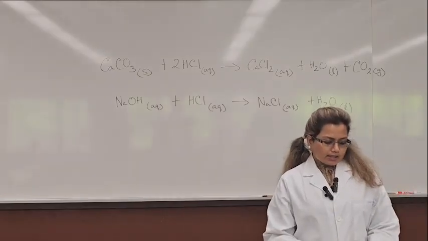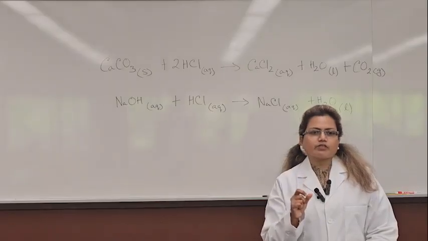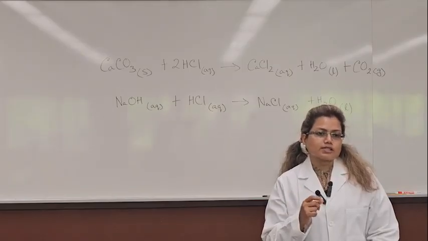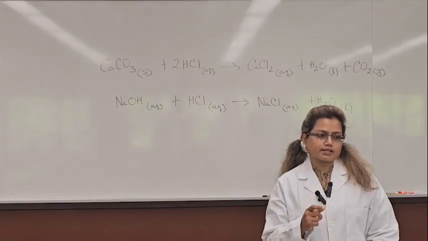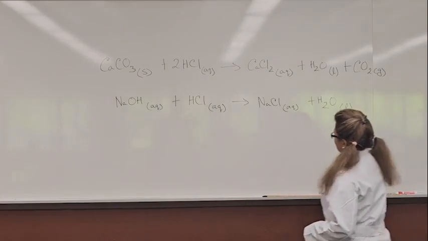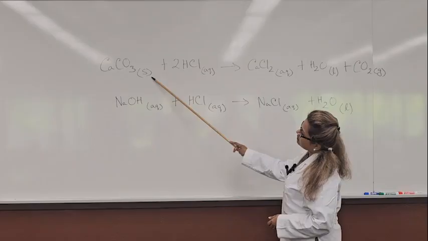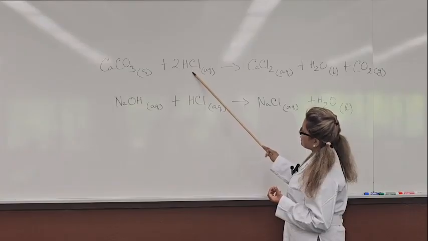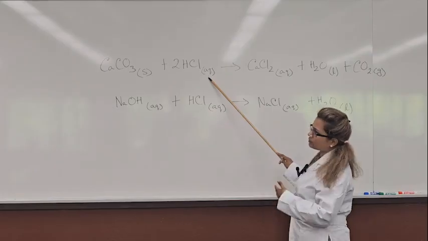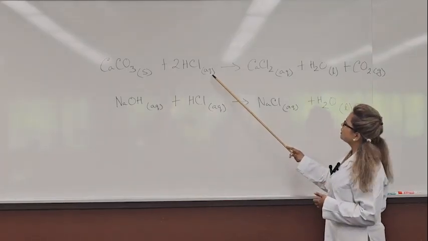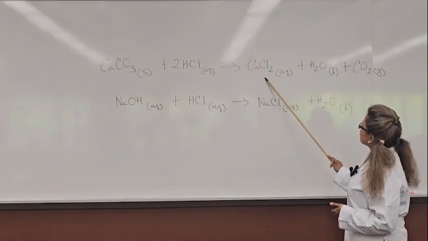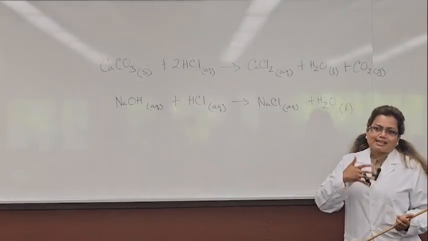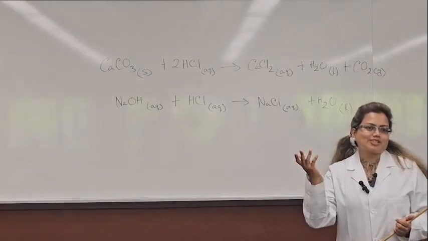What is the active ingredient in antacid, and why do we use it? Calcium carbonate is the active ingredient. Calcium carbonate, which is a solid, the Tums tablet, reacts with hydrochloric acid, which is in aqueous solution, because in our stomach there is a solution of the acid. They react and produce calcium chloride, water as a liquid, and carbon dioxide gas. That gas is somehow released from our body.